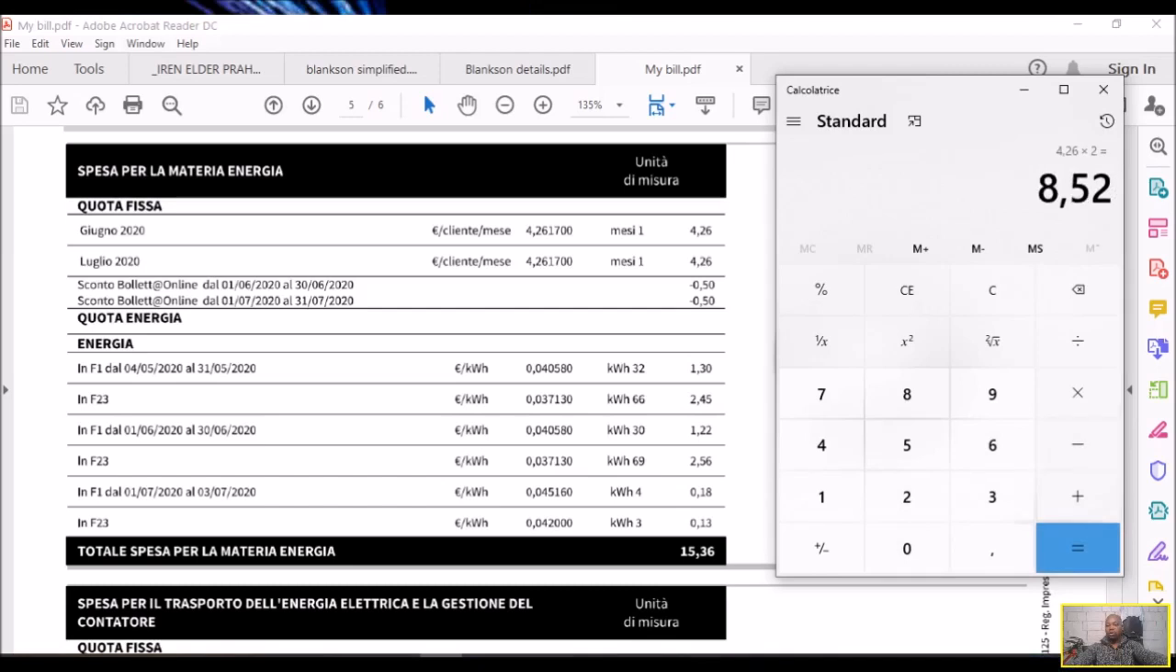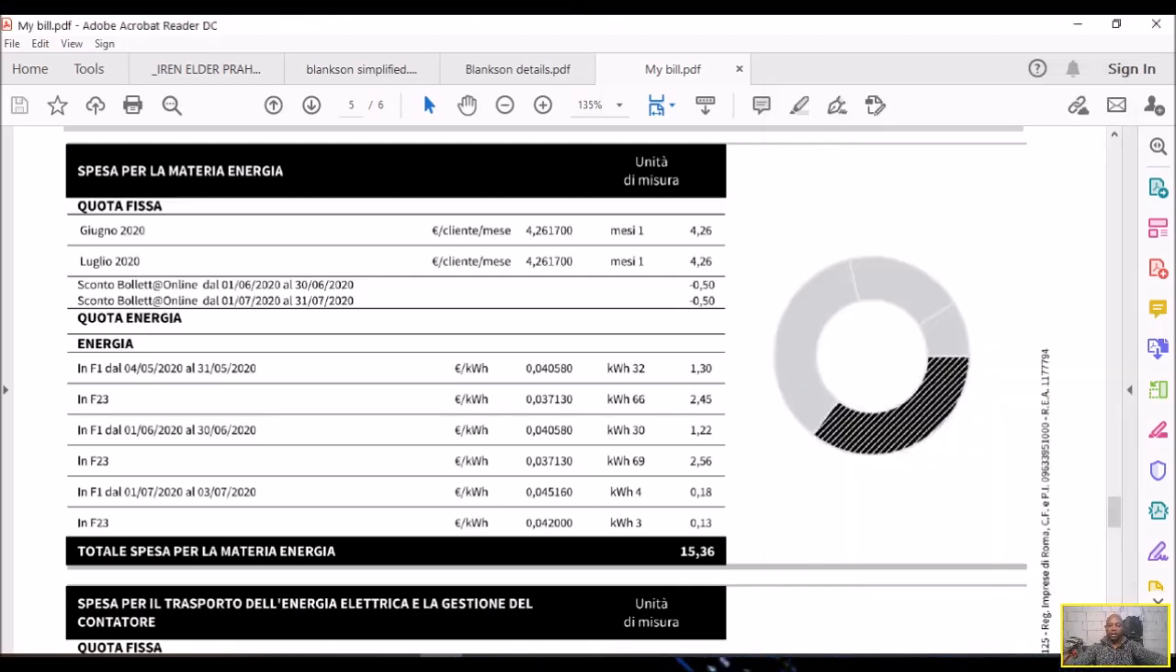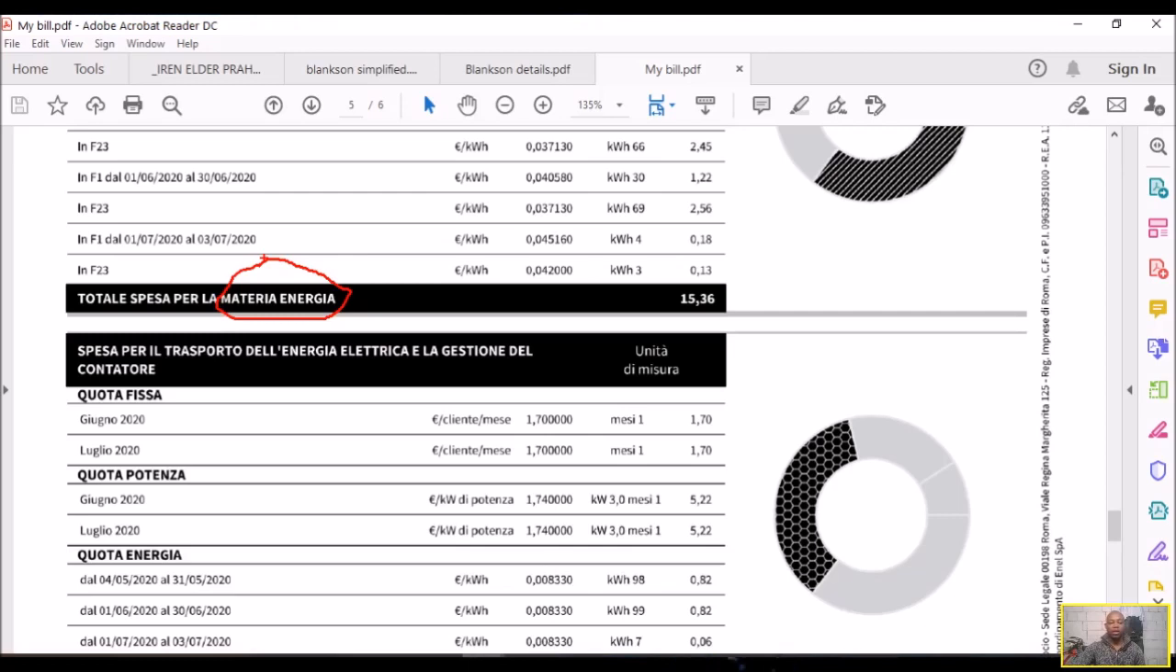4.26 times 2 plus 130 plus 245 plus 122 plus 256 plus 0.18 plus 0.13. And mind you, they gave me a discount of €1, so minus 1, and then you get your 1536. Now we are going to the section of